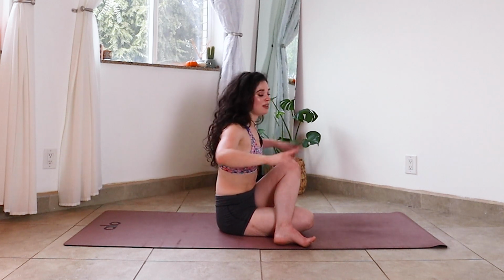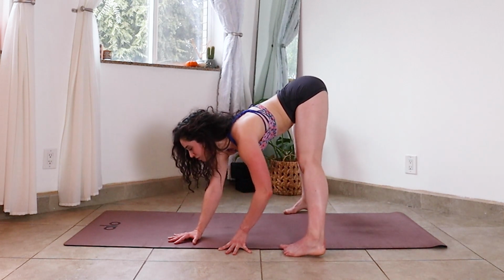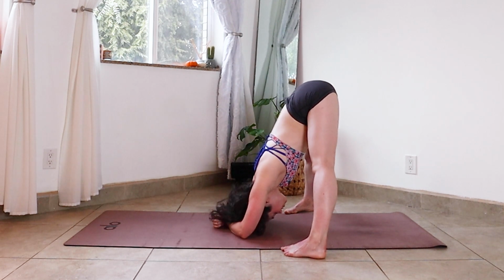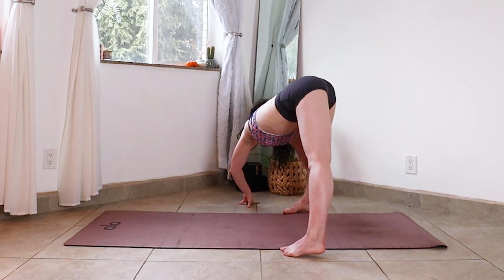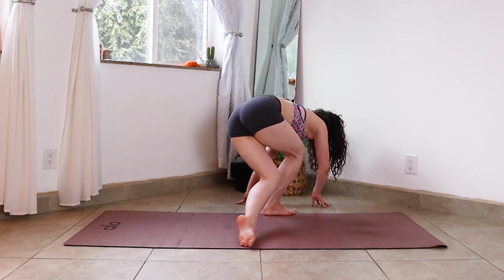So unwind, walk your hands to the right, press into them, lift your hips, pivot on your feet, and turn your toes forward, back into the wide-legged forward fold. Just bow down. Then inhale, halfway lift. Exhale, crawl your fingers toward the right, pivoting on your feet, lift your heels, and then keep revolving until the